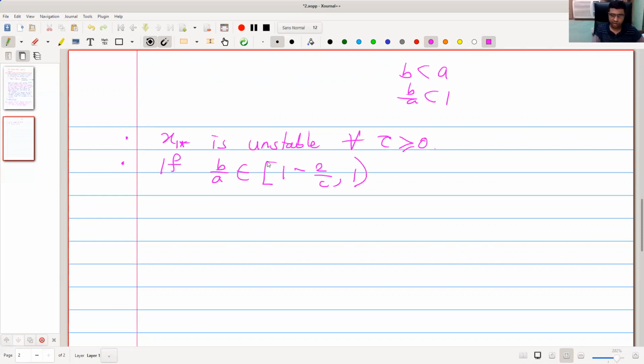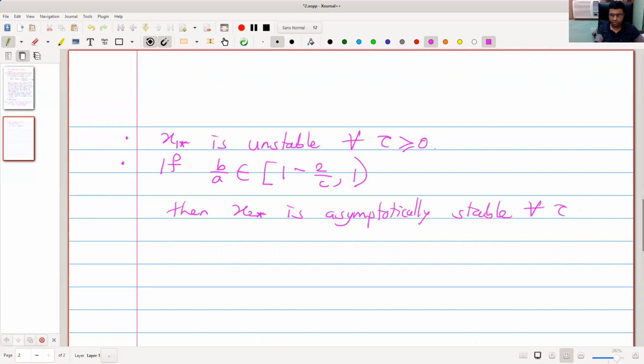Okay, so the left endpoint is important. b by a is greater than or equal to 1 minus 2 by c. Then x2 star is asymptotically stable